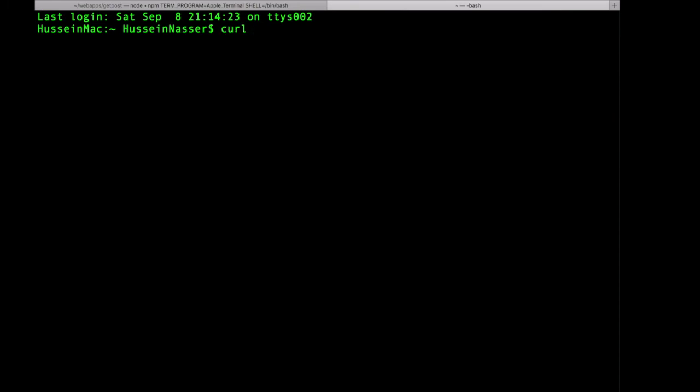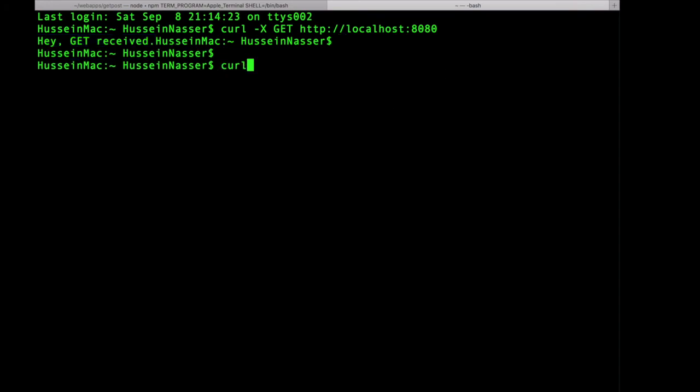You might have to install it. It will just allow you to send a query to a URL. So I would do, hey, I want to send a GET command to HTTP localhost 8080, and we'll receive it. I just received a GET command. And then if you do -X POST,